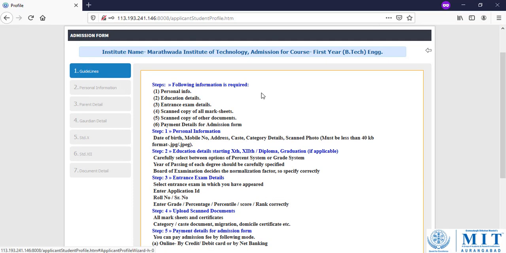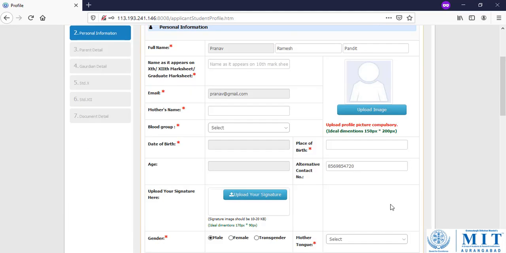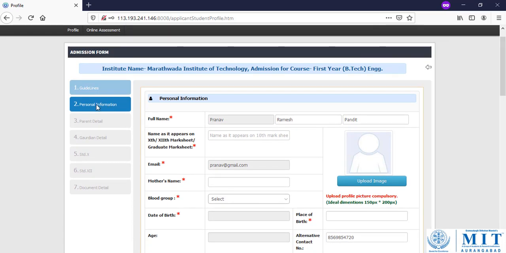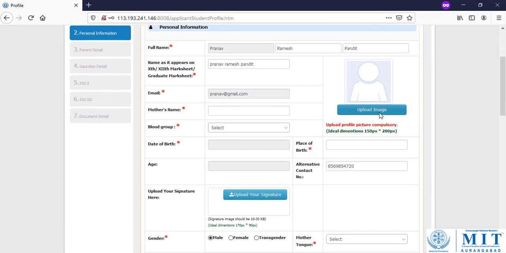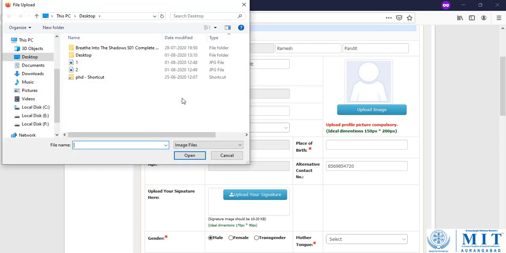In the first tab, the student will be able to read all the guidelines. Then next. Now here in the second tab, students are required to fill all the personal information. Upload the recent photograph.